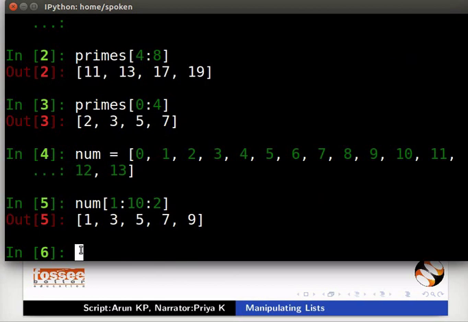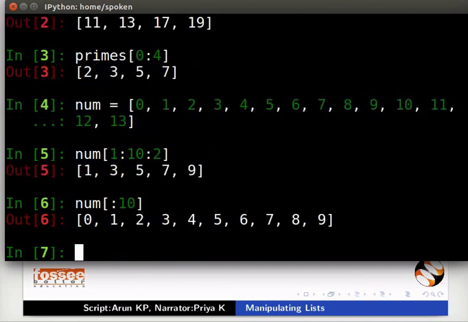Similarly, there are default values for start and stop as well. Type num inside square brackets :10. It gives the first 10 elements of the list. If you don't specify the start value, the first element of the list is taken as starting.